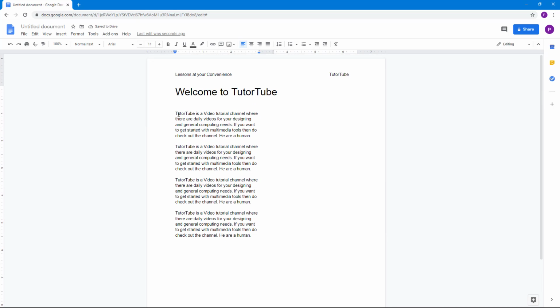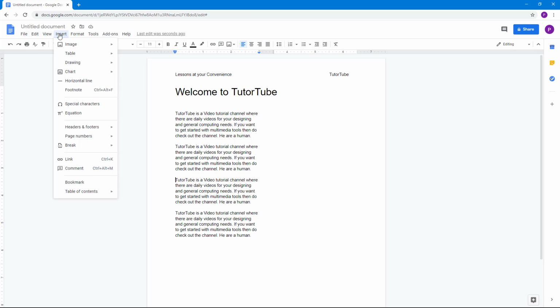But what happened right now is that all of the paragraphs have been squeezed onto the first column. I don't want that. Let's say I want the second column to start from here. So what I can do to arrange the column is to insert a column break. So I'm just going to go right here. I'm going to click on insert, and then I'm going to go into break and then click on column